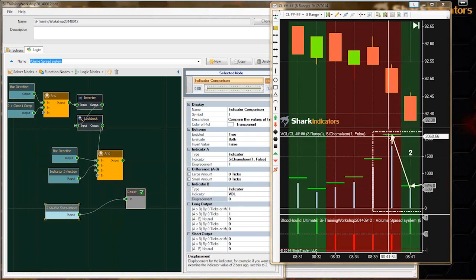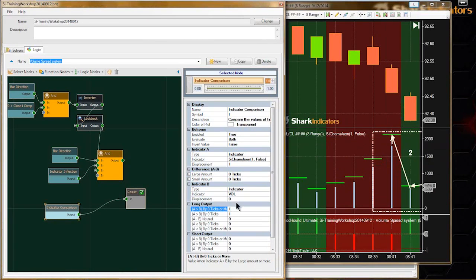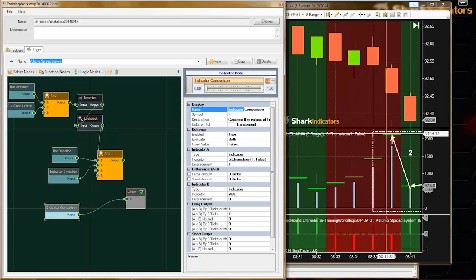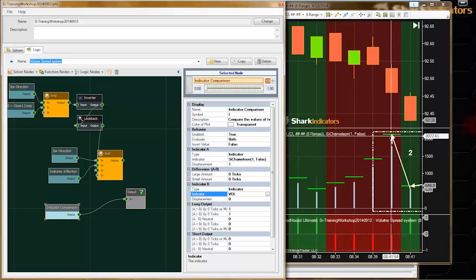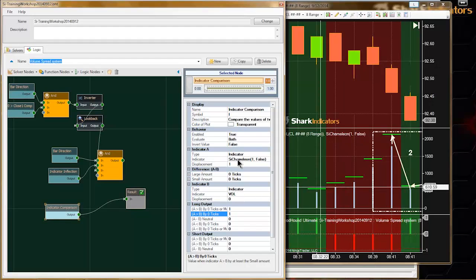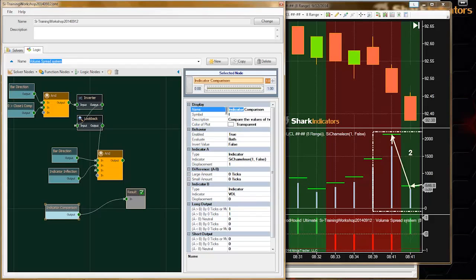And that long output is because of the default settings of this comparison solver, right? Indicator A data is greater than indicator B data. So in other words, volume bar 1 is greater than volume bar 2, and so therefore its default settings are to give us a long output. So we actually want to change that around so we're getting a short output. But first,